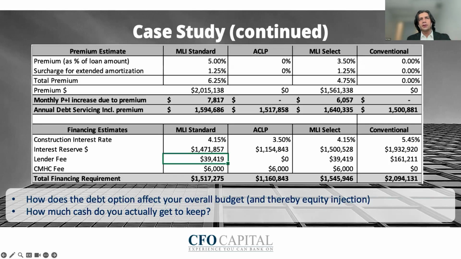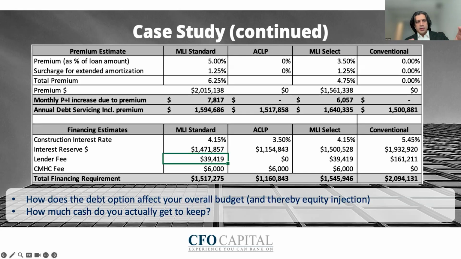And that can take away the money that was ultimately supposed to flow in your pocket. That's going to be a little bit less than when you account for the premium payment. So the annual debt servicing, including premium, is a big number, in my opinion, to consider as to how much you're paying to service the debt and the premium, and ultimately, what are you left with? You've taken out your operating expenses, your P&I, and your premium payments. What do you get at the end of the month? What's the end objective here?